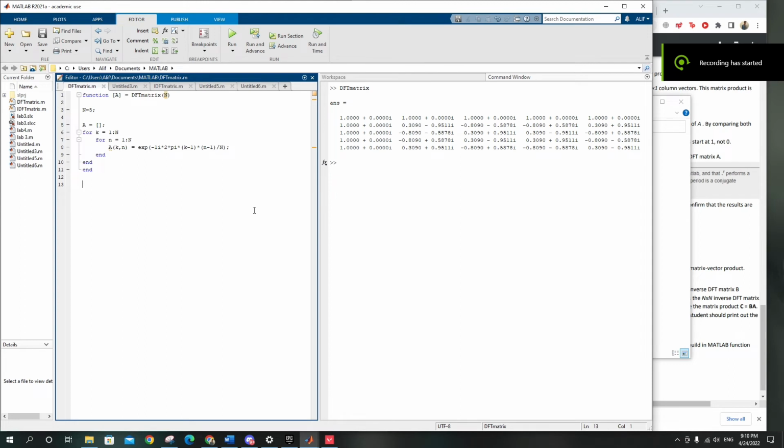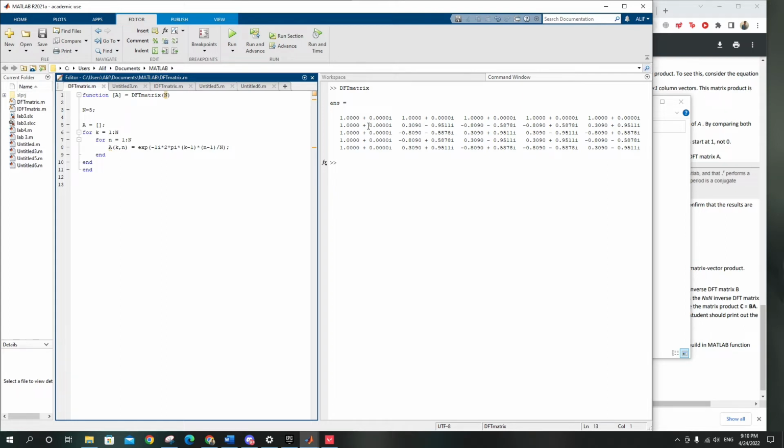In part 4.2, the matrix is represented as a matrix-vector product. On question 1, A equals the DFT matrix, which returns the n times n DFT matrix, is generated by using the MATLAB function. To generate the DFT matrix, the function A equals DFT matrix is declared at the very beginning of the MATLAB coding. After that,